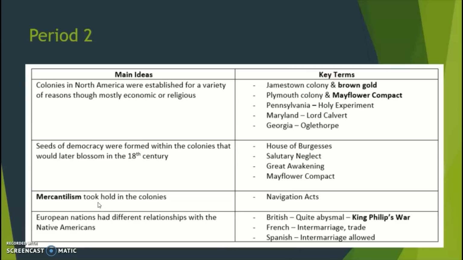And one of the ways that they're going to do this is through taxation, and that is seen through the Navigation Acts, which is really the start of mercantilism. So keep that in mind. This is an economic relationship between Britain